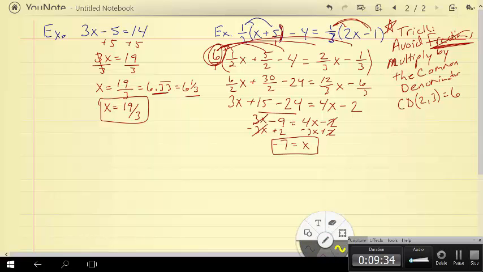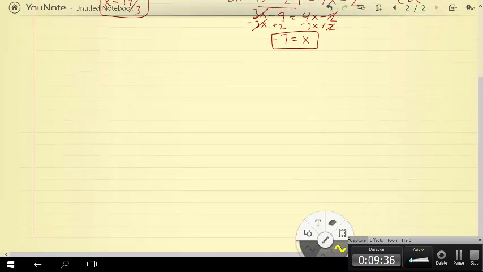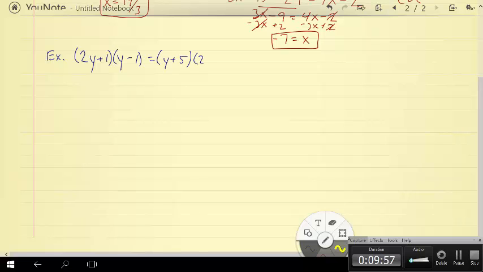Alright, now going over a next example. Sometimes we have problems where we have binomials being multiplied by other binomials. So for example, 2y plus 1 times y minus 1 is equal to y plus 5 times 2y minus 5. Now in solving this, the first thing we're going to do is we're going to FOIL each